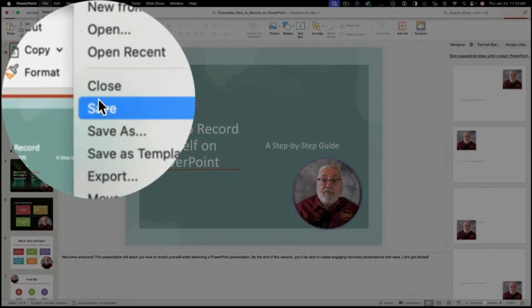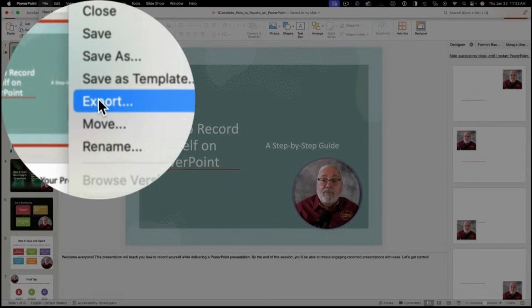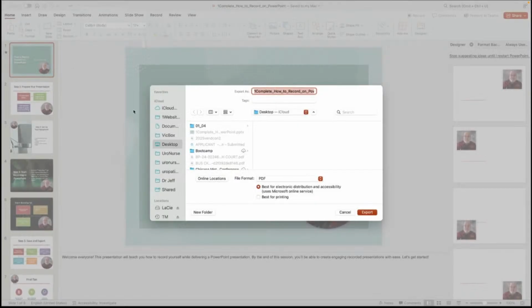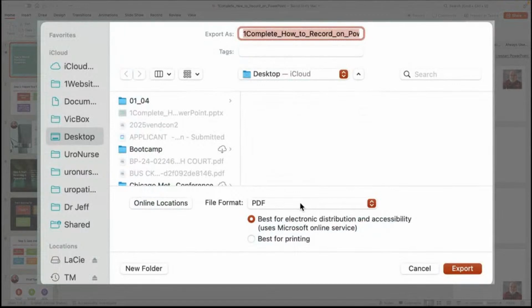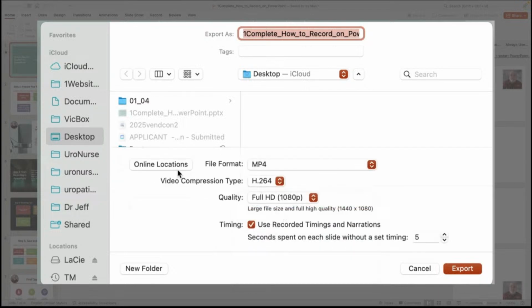But I go into here and I want to, what do I want? Export it. So that'll take you to this menu here. And what you're going to want to do is export it as a movie file. Like as they said, MP4 or MOV. Either one of those will work. We'll go MP4. Compression, if I happen to have Apple, I can use HEVC on Apple, but 264 is kind of the standard. I would advise doing that.